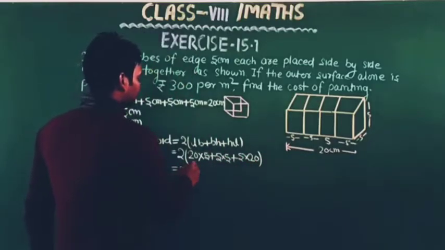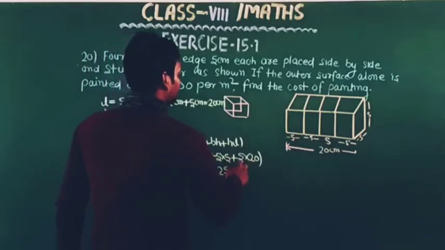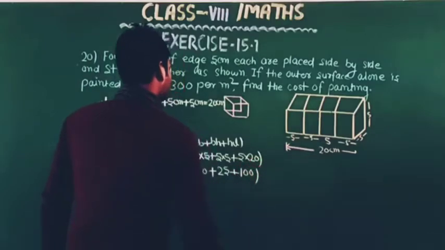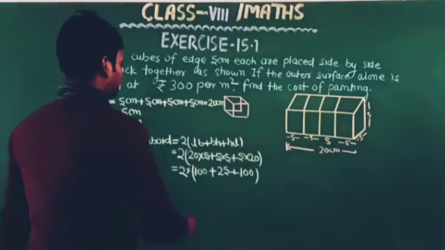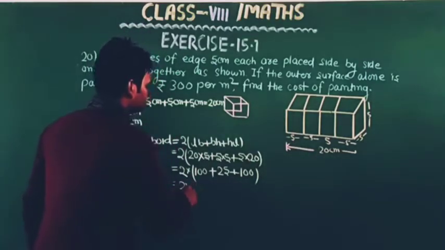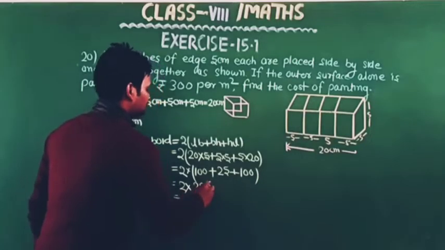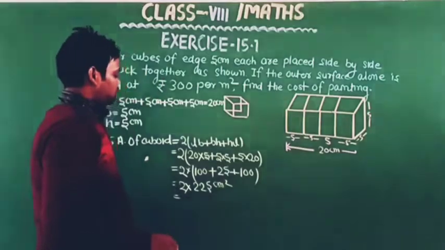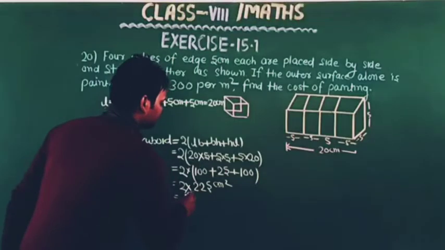This is 2 into (length 20 into breadth 5, plus breadth 5 into height 5, plus height 5 into length 20). So this is 2 into (100 plus 25 plus 100), which is equal to 2 into 225. Again multiplying 2 by 225, we get